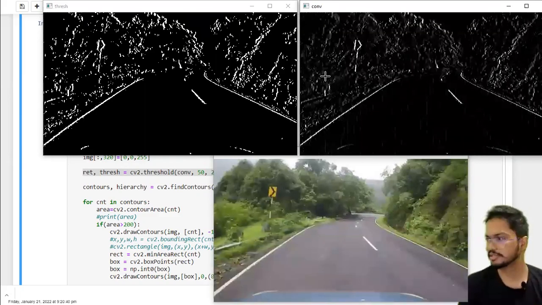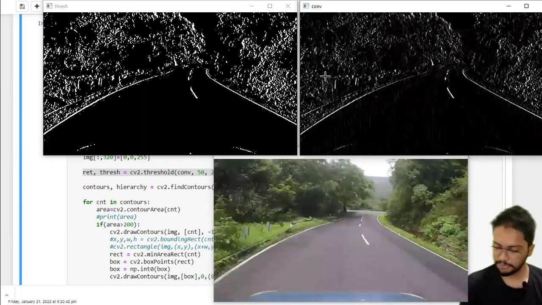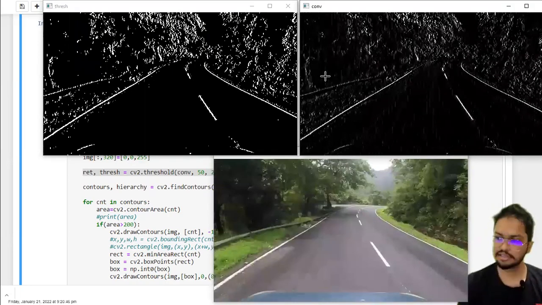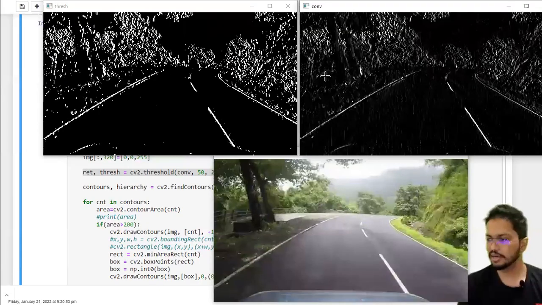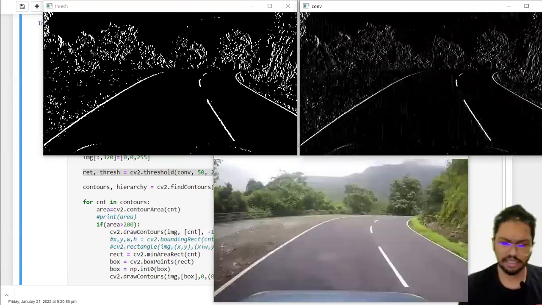They are not relevant for our application. We are not going to depend on those things to detect our lines, so they are not required. So what you can do is, now one important thing you can see,